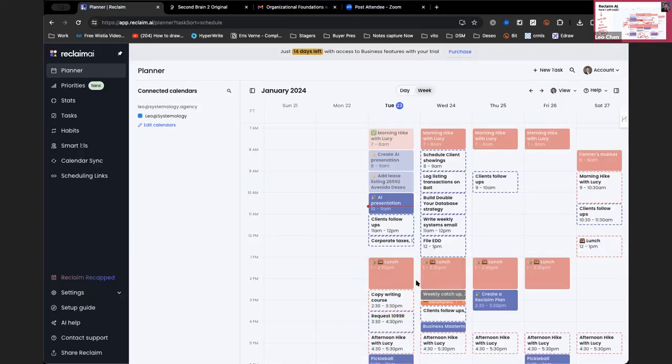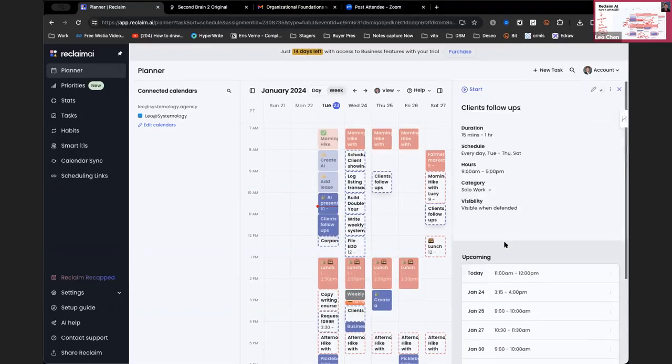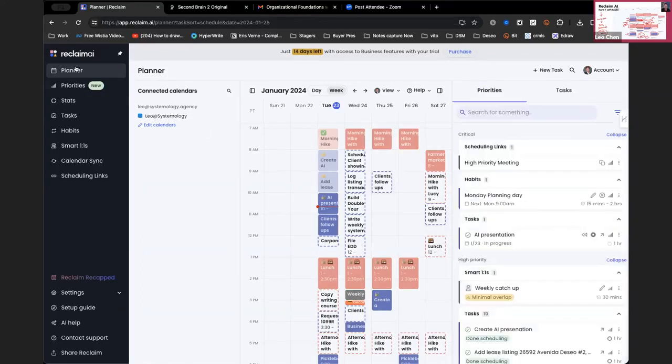The way that I set this up, this is the planner. So obviously I can move these things around, right? These are my hard ones that are moving around, or I can also move the soft ones around if I wanted to. And I can set rules around the soft tasks and when it possibly could be and when it's going to be done and what category it is.